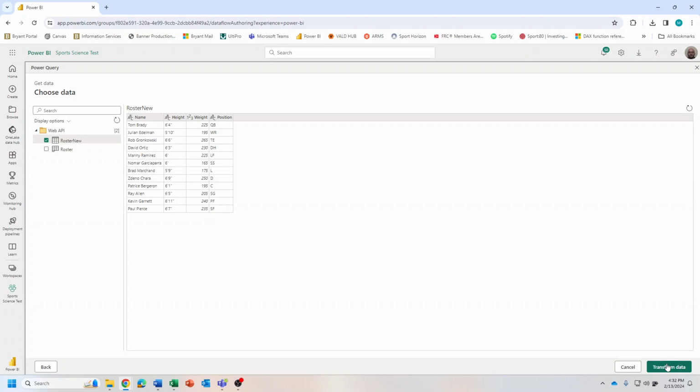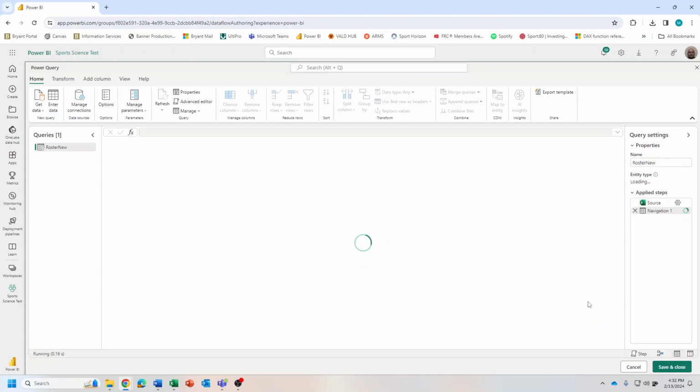So we're going to select that, transform the data, and then from here it's going to automatically apply steps within the data, so it's going to automatically recognize what type of data is in each column and set it to be that data type. So things that are numbers are automatically going to read as that, whereas general text will read as that as well. Once this loads in,